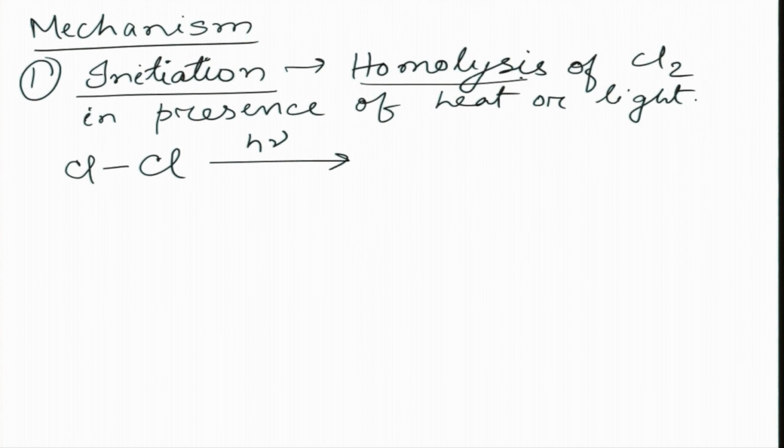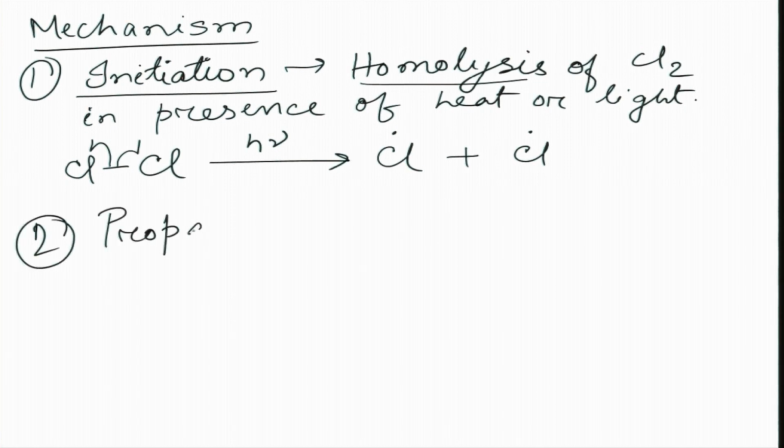Now, what is homolysis? Homolysis means a bond breaks in a symmetric way, that is, each atom gets one electron from the bond. So, it breaks like this. Okay. We represent homolysis fission by fish hook arrow. So, it forms two chlorine radicals. Okay. Now, the second step is